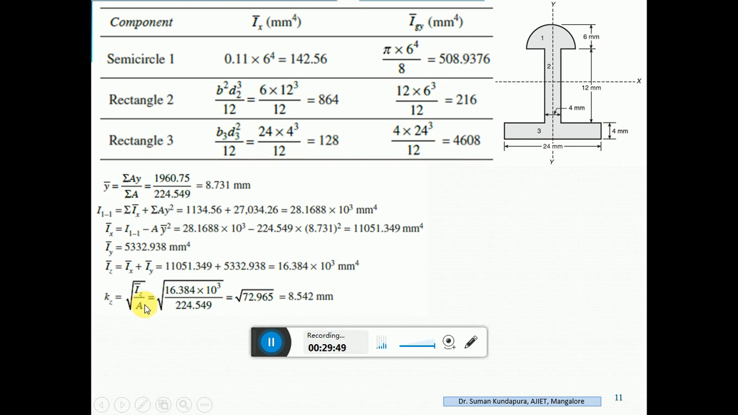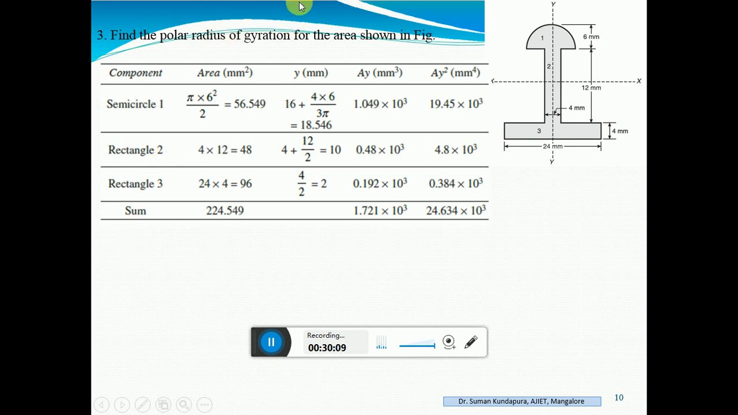According to the parallel axis theorem and perpendicular axis theorem, we found that Iz bar, how to find out Iz bar, you have seen, we have worked out a problem also, polar moment of inertia we found out, I believe. So this is the formula for that. Find out Iz bar and substitute in this equation, you will get the polar radius of gyration for the given area. This figure consists of a semicircle, a rectangle and another rectangle. So there are three components in this. Please write down semicircle, rectangle and rectangle 3. They have not told you